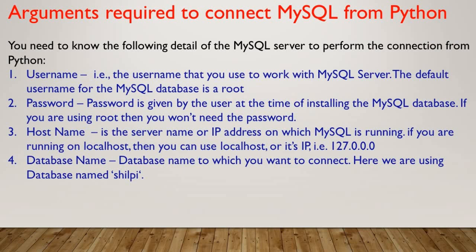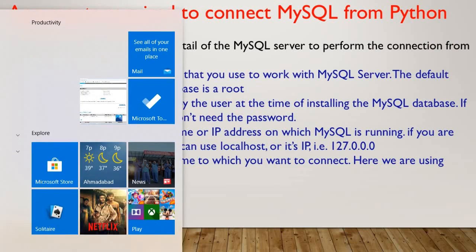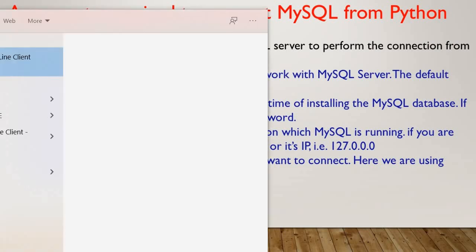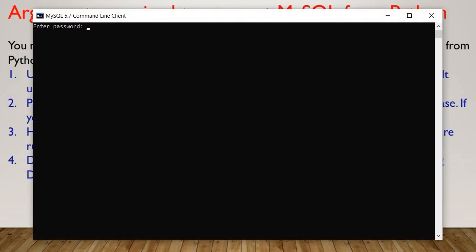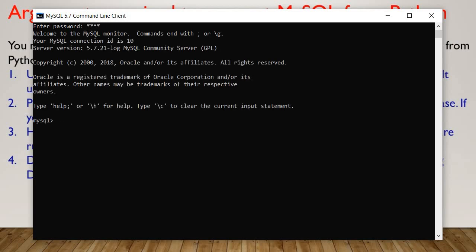The next thing is the name of the database which you are using. When you are going to create a table in MySQL, first of all I'll just open MySQL. You have to open MySQL, then create the database, then use that database. My password is root only. I have already created a database of my name, and I'm using it.